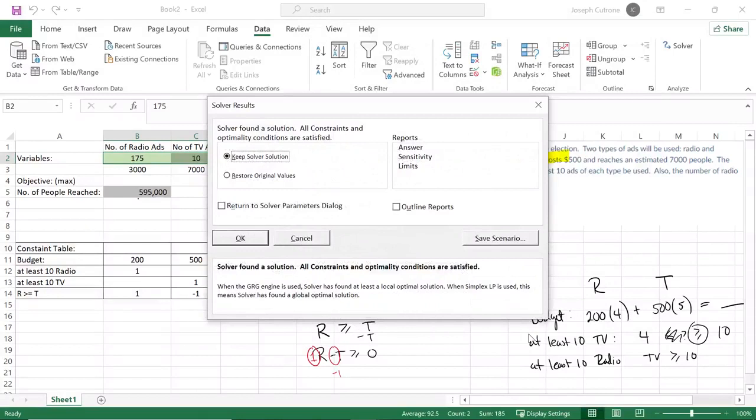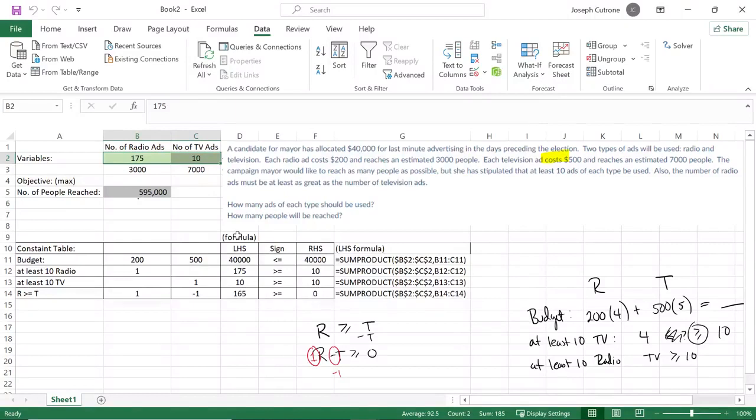Depending on your computer, it could be a little slower, a little faster, but here's what you want. Solver found a solution. All constraints are optimally satisfied. So we keep the Solver solution, we say OK, and we're good to go. Now this is amazing. Appreciate what Solver has done. It's come back and says the best possible answer is 175 radio ads and 10 TV